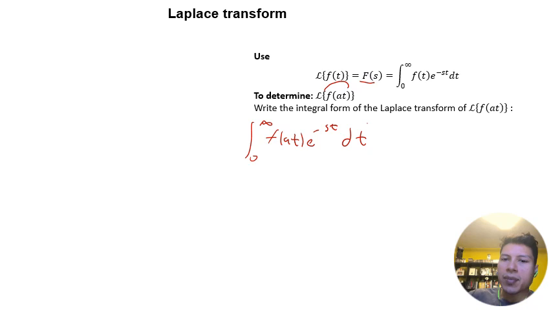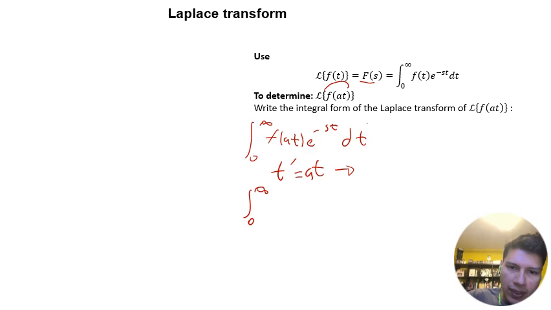What we can do in this case is write an auxiliary variable t prime, which will be equal to, sorry, not t over a, I apologize, a t, so that now we can rewrite our integral as